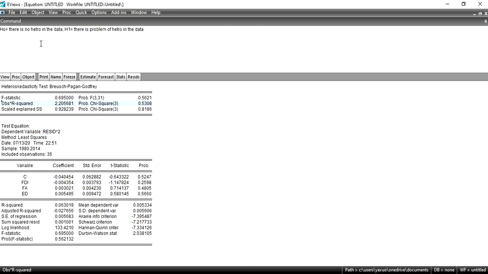I will write here: if the probability value of observed R square is less than 0.05, then reject the null hypothesis.